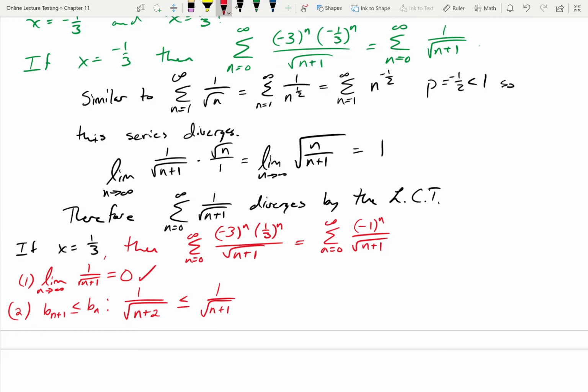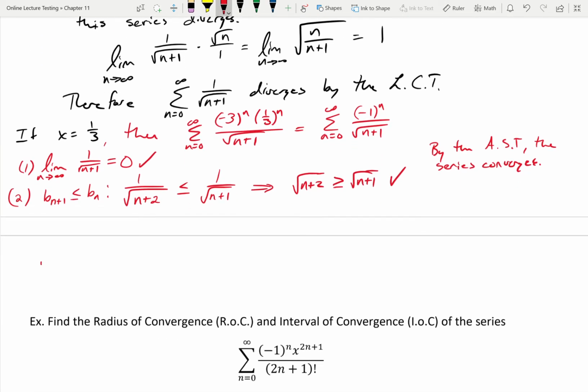All right, so notice here, this implies that the square root of n plus 2 is greater than or equal to the square root of n plus 1, which is a true statement for all values of n. So therefore, by the alternating series test, the series converges. Thus, and we'll write this on this next piece here. Thus,